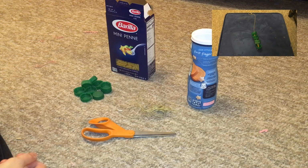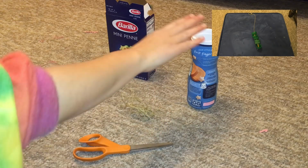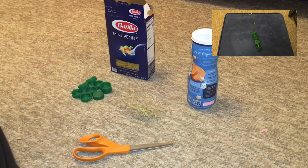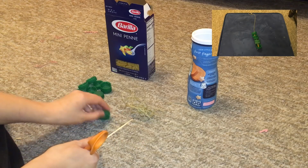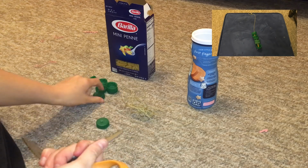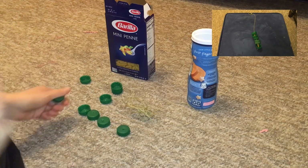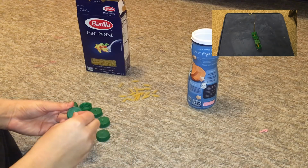Okay, for our next toy, you are going to need some scissors, some string or twine, some regular treats, some bottle caps, and finally some treats that you can thread on a string. So to start out, you're going to want to take your scissors and poke a hole into each bottle cap. I'm going to be doing 6 bottle caps for this toy, but you can really do as many as you'd like. So now what you want to do is thread your string through a bottle cap,